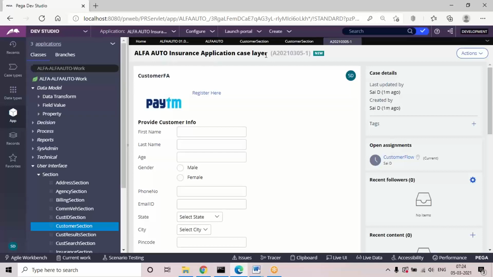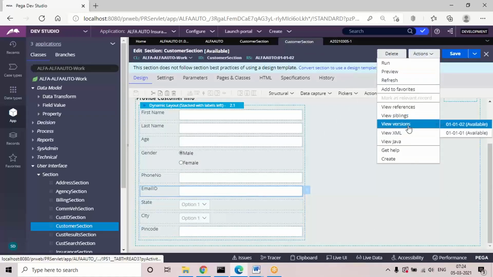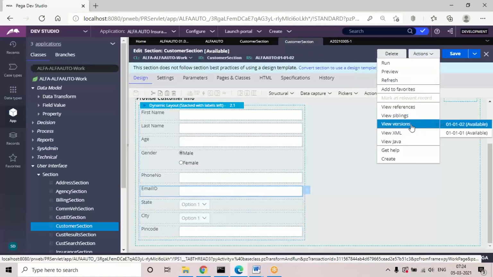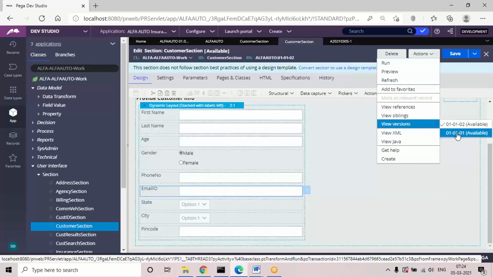Okay, and if you want to know in how many versions a rule is available, under the action dropdown, view versions will be there. In real time, your rule can be in some 10-15 versions, but always remember the tick mark, whatever is there, that is the latest version rule, and all the remaining versions are duplicate rules.